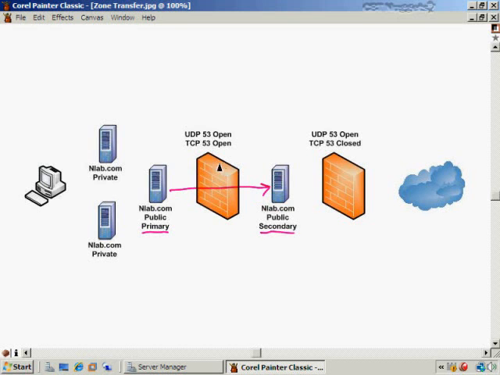And of course, in order to make that happen, in this case, I do have to make sure that TCP 53 is open so that I can have a zone transfer that way. And depending on your firewalls or your router configuration, you can also set up TCP 53 so that it only goes one direction and is blocked going this direction. So you can configure that as well. And then I would want my UDP 53 open on this firewall as well, so that we could query against not only our own name servers here,